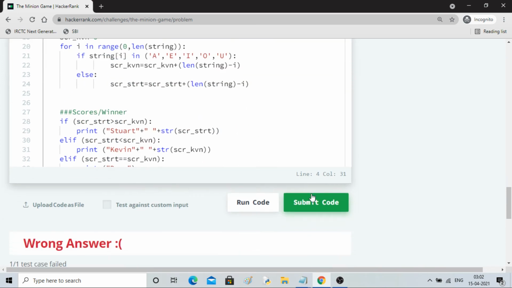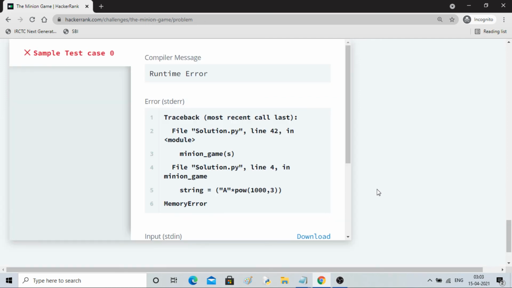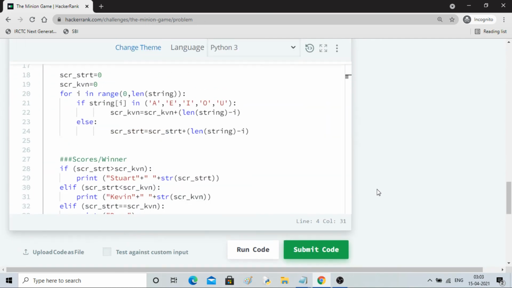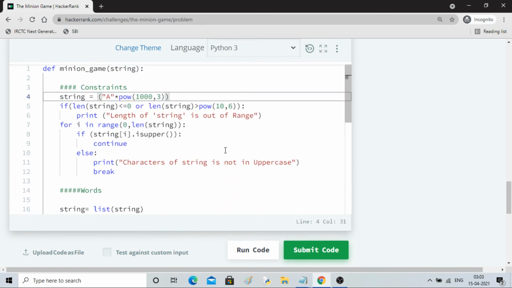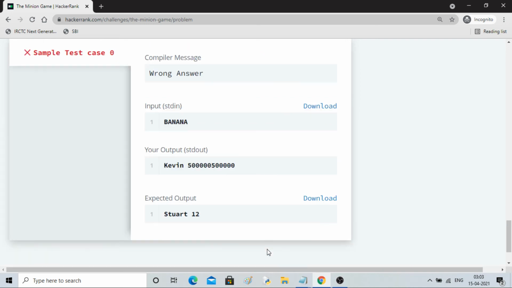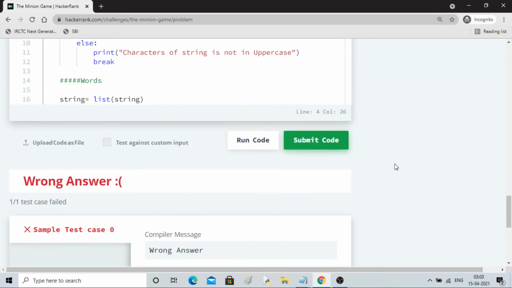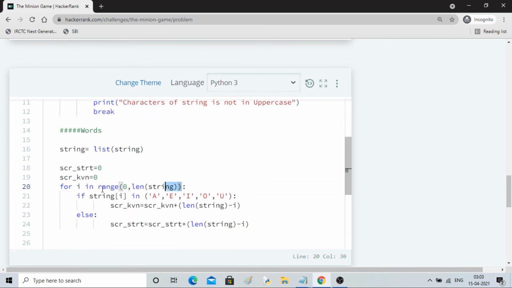So how will it deal with it? Still there is memory error. I think I've gone too far, I guess. I mean 10 to the power 3 is too much. Let's do this so it will be able to. Yeah, it is working.